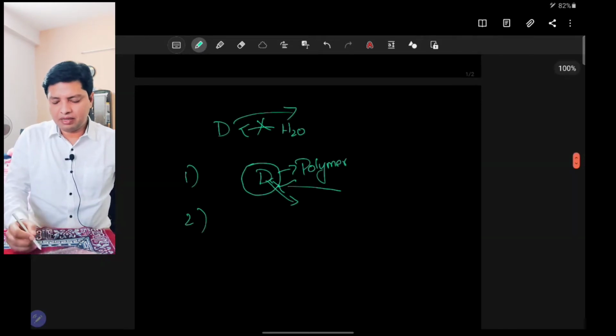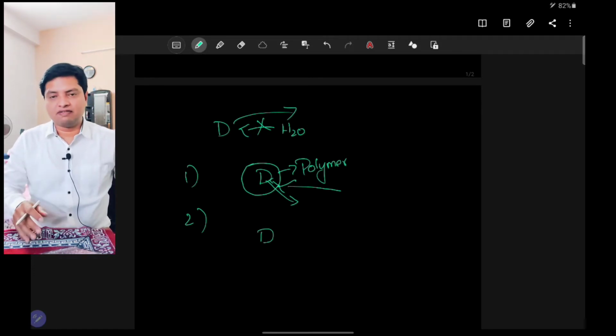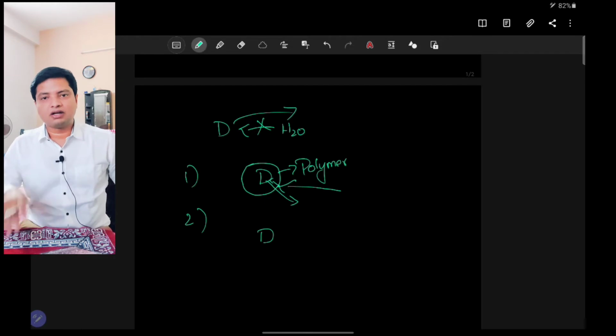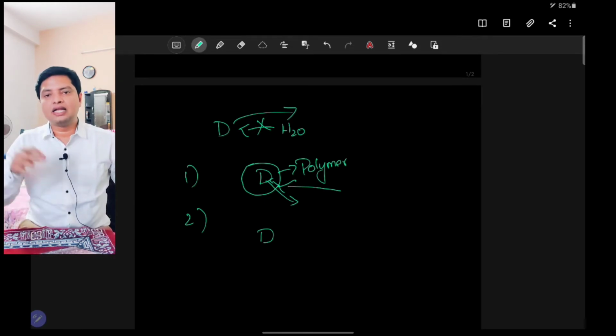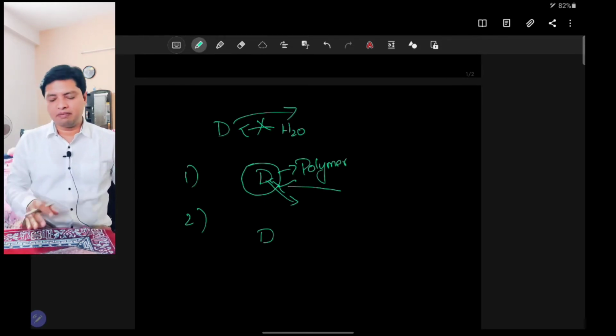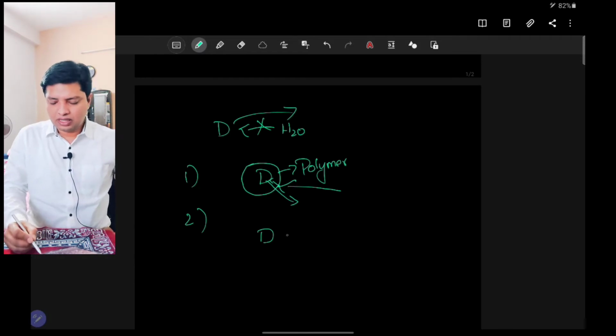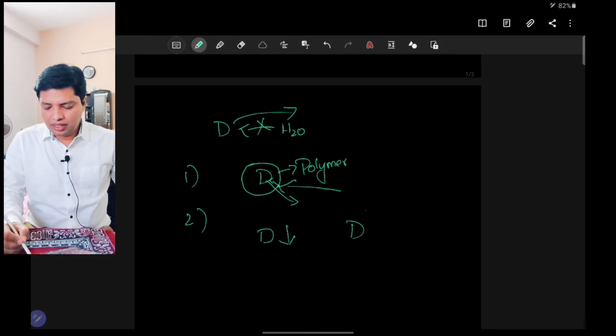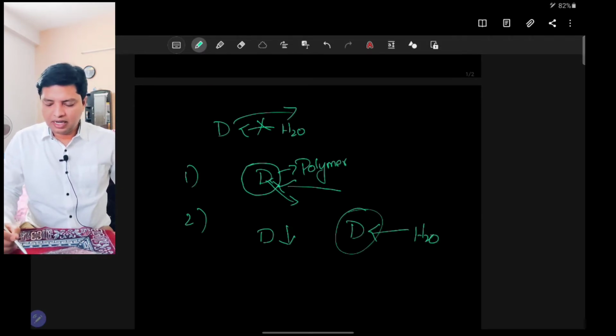The second method is to make the drug itself less soluble. Take a salt of the drug which has less solubility compared to its parent molecule. So the drug solubility is decreased. Even though you coat with a normal polymer here, when the water enters inside, because the salt of the drug is less soluble, it will take time to dissolve and come out.